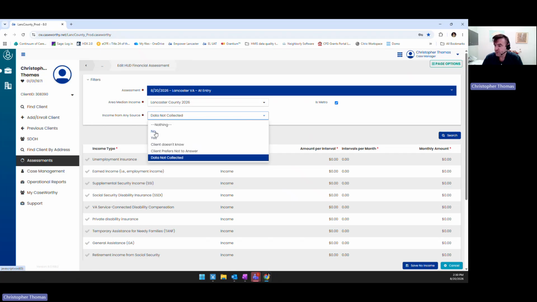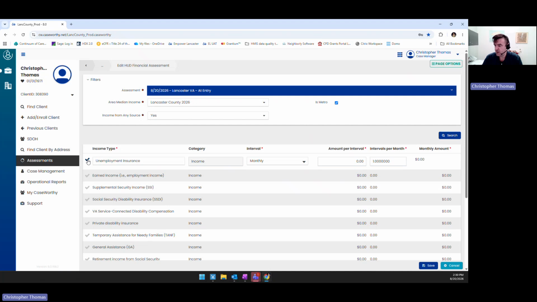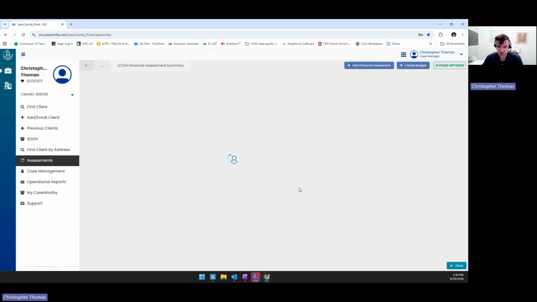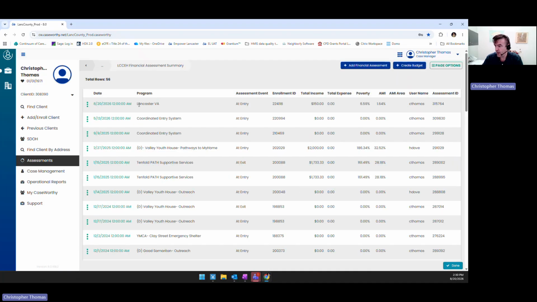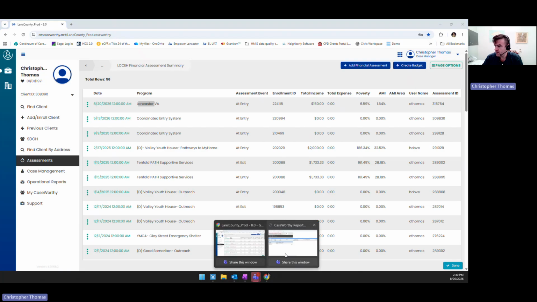If Christopher does not have income, a no will suffice. And then we would click down here, save no income. If he does have income, we want to pick a source of income, a frequency, and enter an amount. And save. So now Christopher has a financial assessment saved with information under that enrollment. And again, when I reload this,